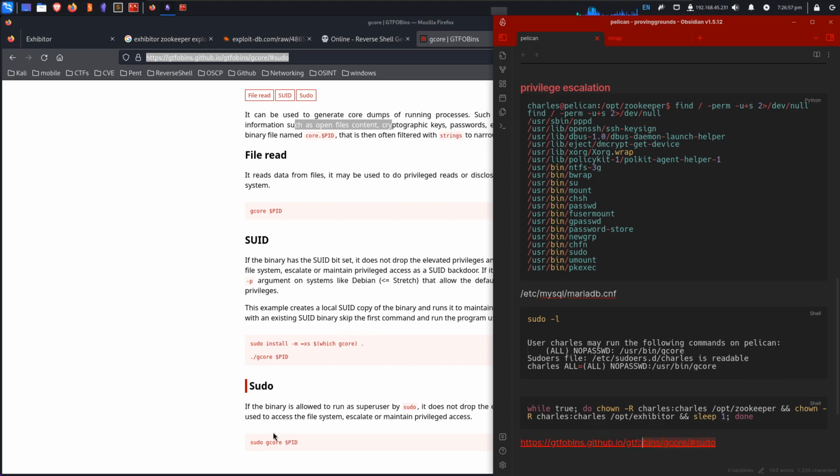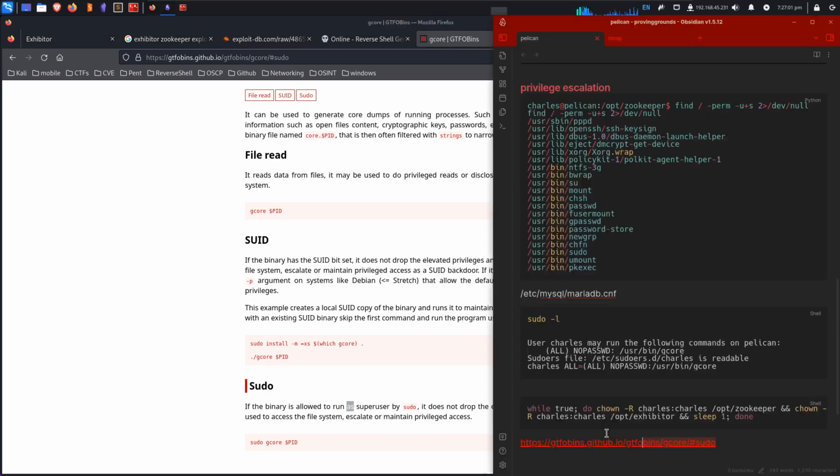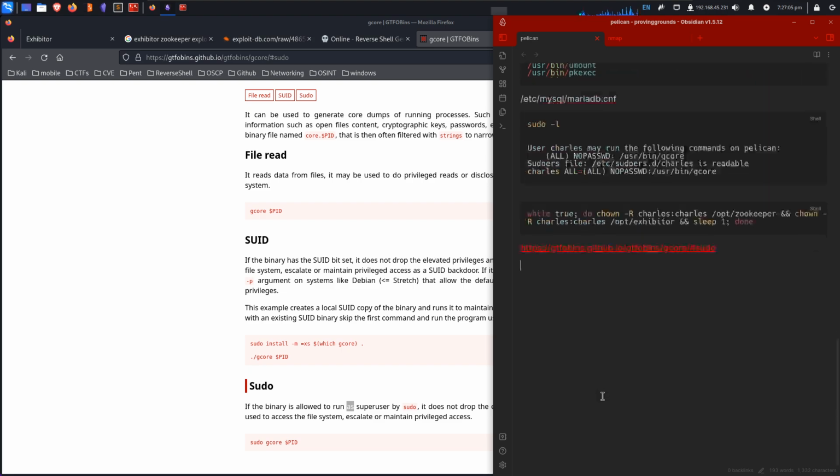Anyway, sudo gcore. So it prints out, and then we ended up getting the processes that were running, and we wanted all of root's processes. So ps aux. Not that that's only root processes, but